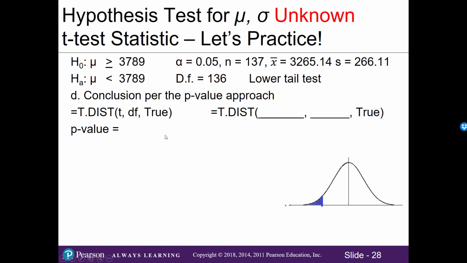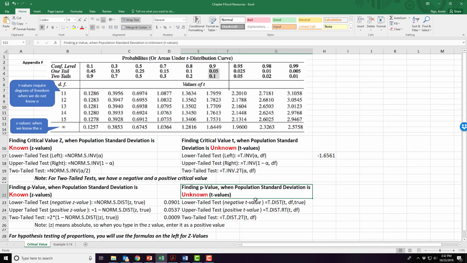In part D, we'll go ahead and find the p-value. And so we'll use this formula, equals t.dist, and we'll enter our t-value, our degrees of freedom, and true. So the t-value that we found in part B was the negative 23.04. Our degrees of freedom, our n minus 1, was 136. So looking for our p-value when we don't know the population standard deviation, so this is a lower tail test, I'll type in